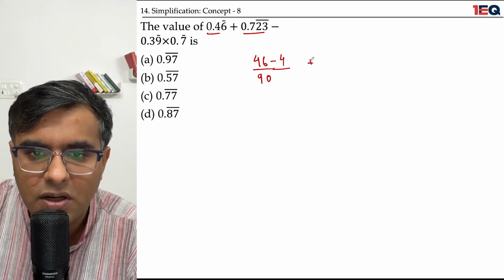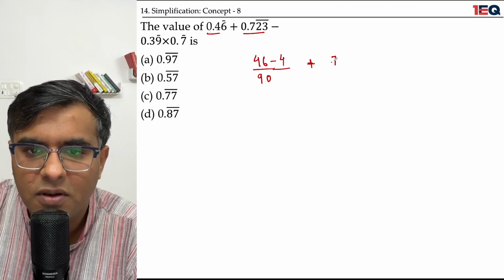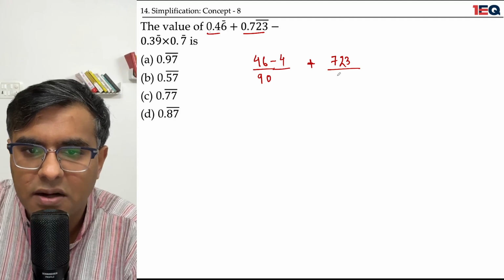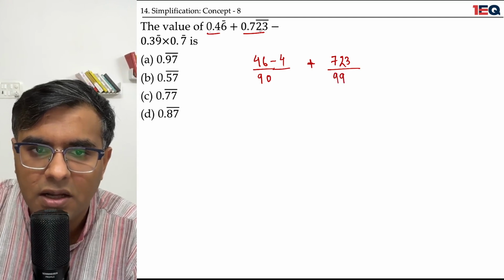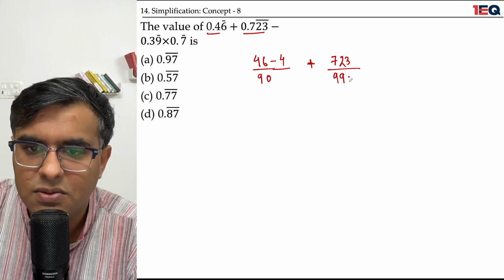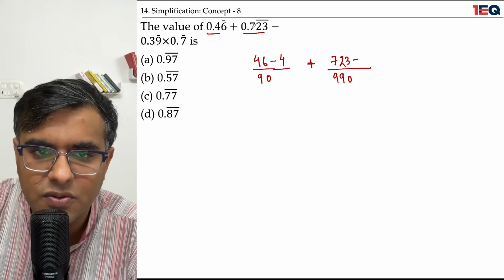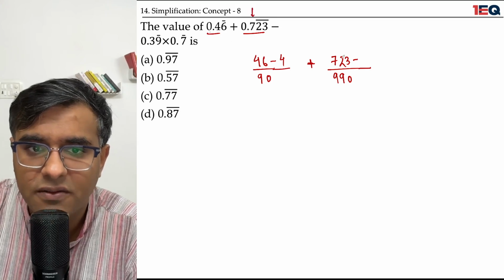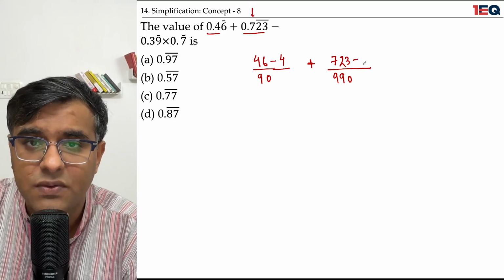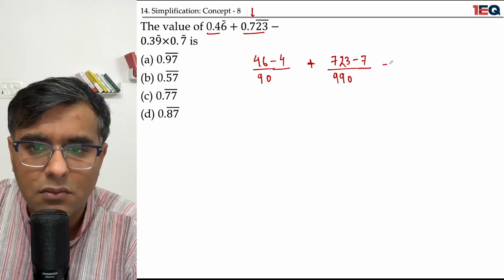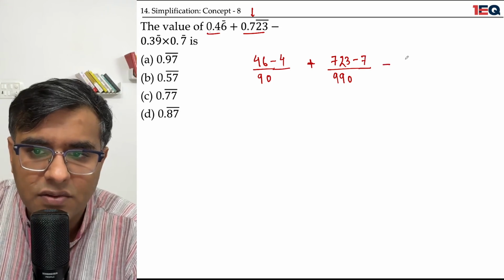Coming down to the next point, it says 723. We'll bring 723 to the right. Then 2 digits are under the bar, so there is going to be a 99. One digit is outside the bar, so there's going to be a 0. There needs to be a minus, and the digit on the right-hand side of the minus is supposed to be the digit which was outside the bar. 723 minus 7 minus, I have 0.39